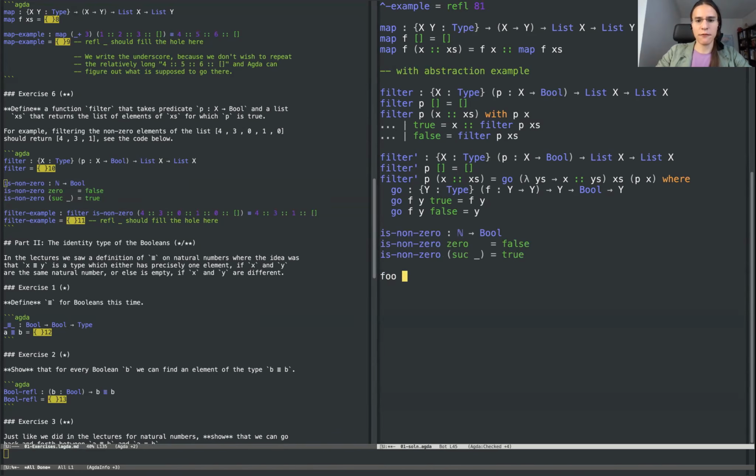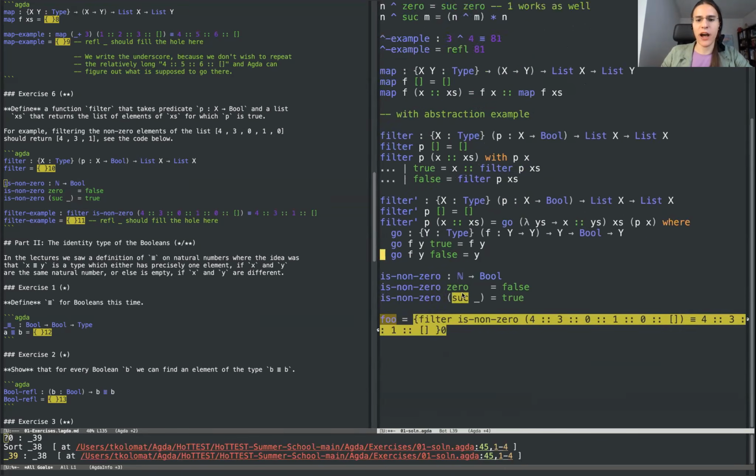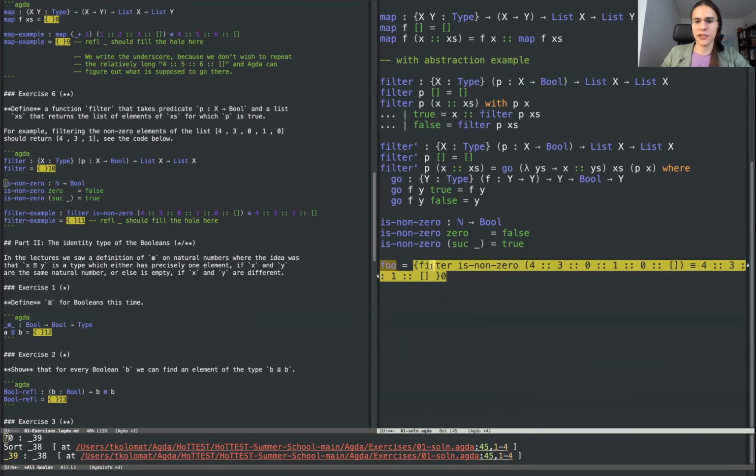And you know what? I'm going to write foo equals question mark, right? And then there are sort of no variables in the environment here. This is an expression that makes sense in the global environment with all the definitions that we've made, right? And so I can just look at this expression, and what it is